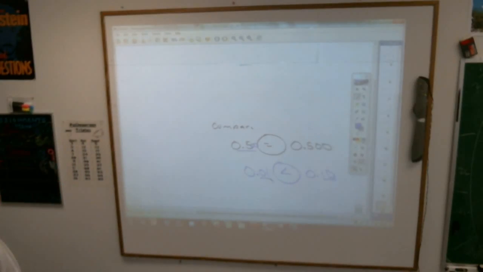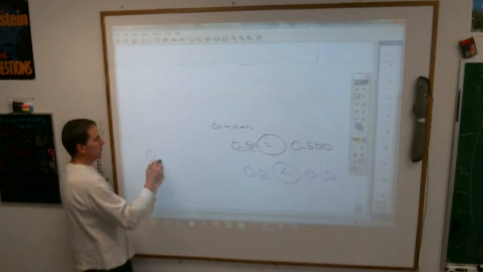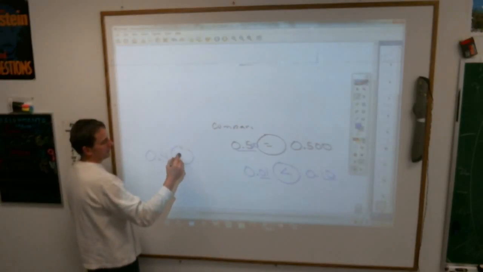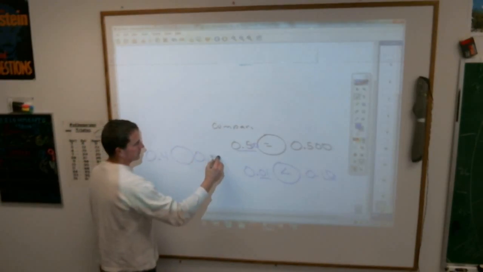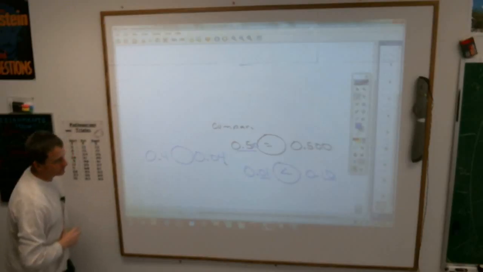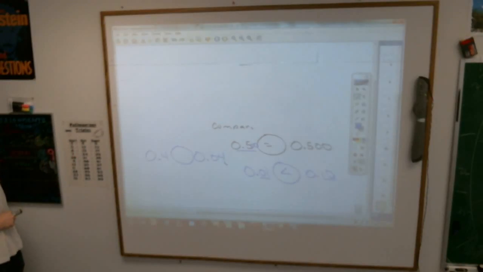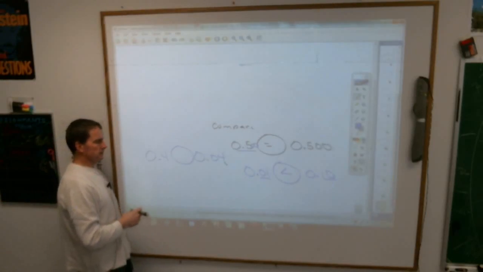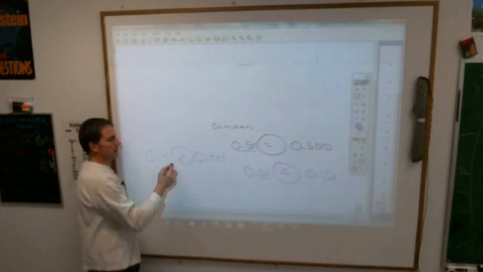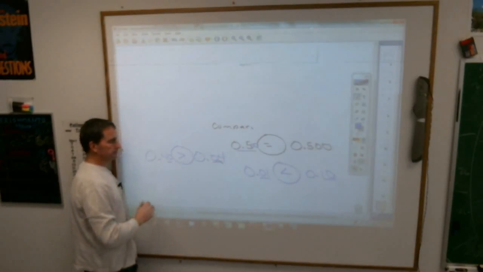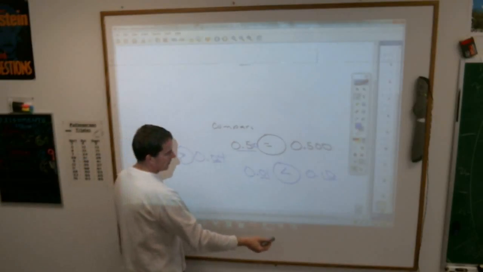Is there another one? Oh yeah, they give you lots. How about this one? 0.4 compared to 0.04. Which one of those is bigger? John? 0.4. Yeah, 0.4. Because if you put a 0 after it, this has a 40 after the decimal, and that just has a 4. So, hopefully,